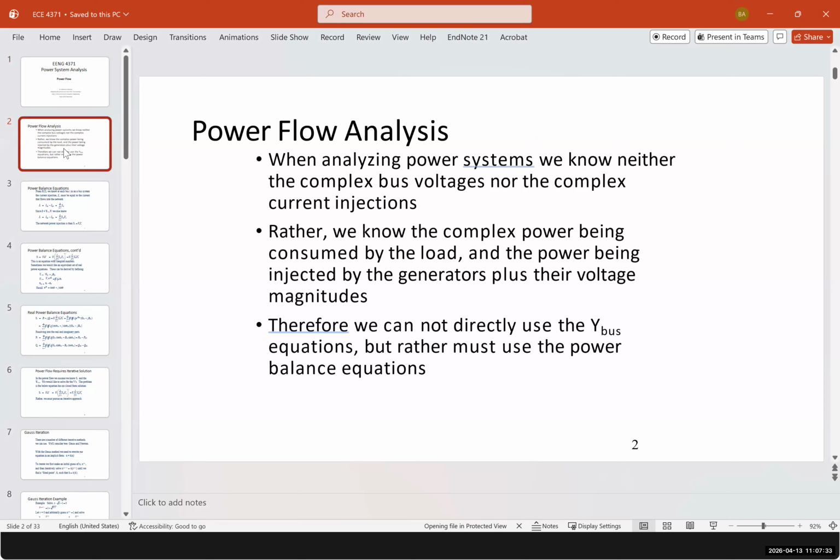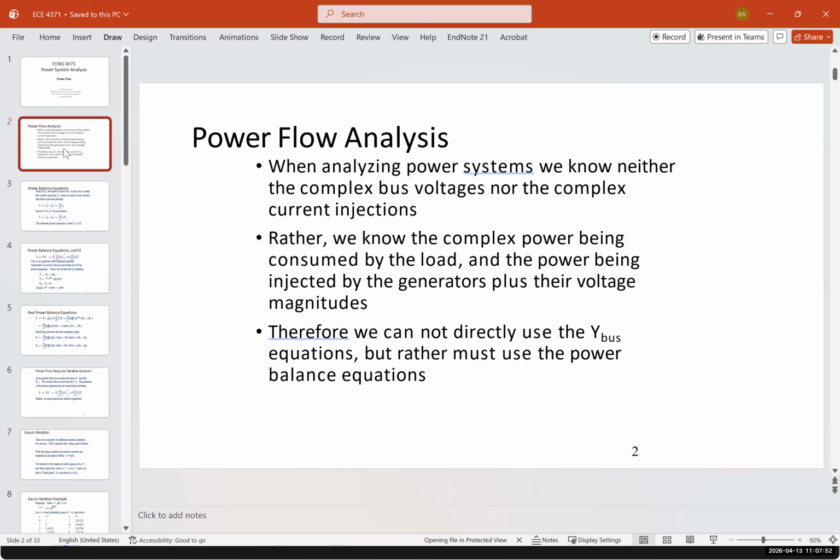Now, in power flow analysis, we usually neither know the complex bus voltage nor the complex current injection. But we usually know the complex power being consumed by the load and the power being injected by the generator plus their voltage magnitudes. This is for traditional, by the way,